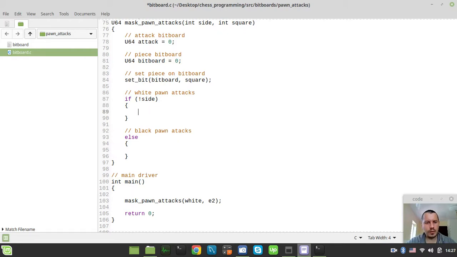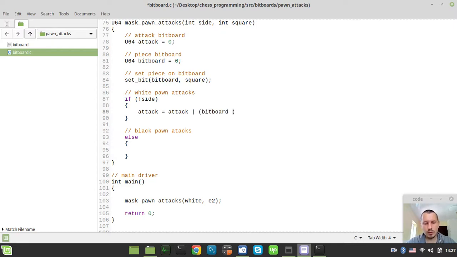No, not like this. I need to set bit on the attack bitboards. No, sorry, what am I doing? Not like this. I need to say attack equals attack bitwise OR with the expression of